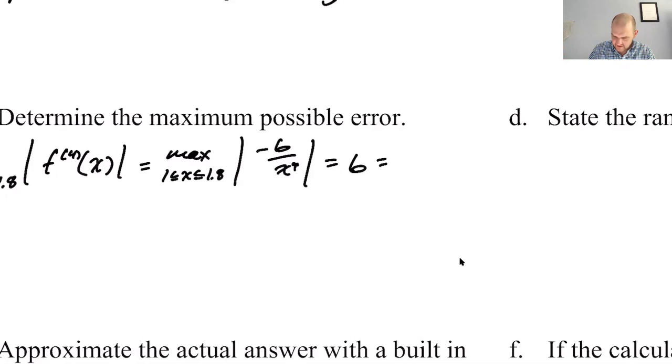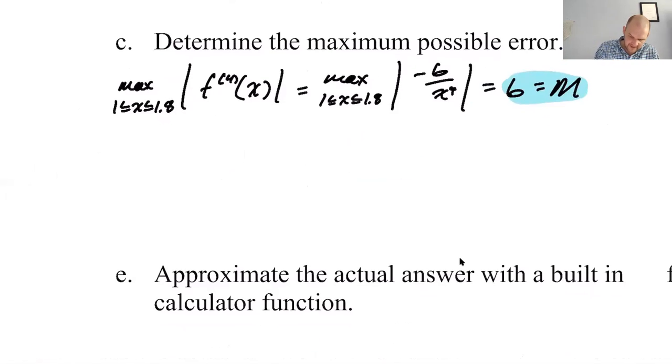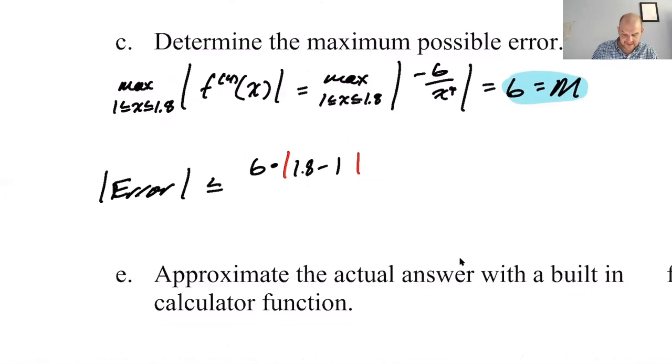So this is the value that we're going to use for m. So I'm using this for m. And then I know that my error, the absolute value of the error, is less than or equal to m, so 6, times, we need absolute value around what we're going to write here. This is going to be 1.8, which we're plugging in, minus the center, which is 1, to the 4th over 4